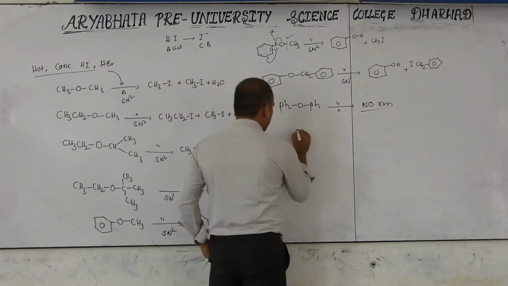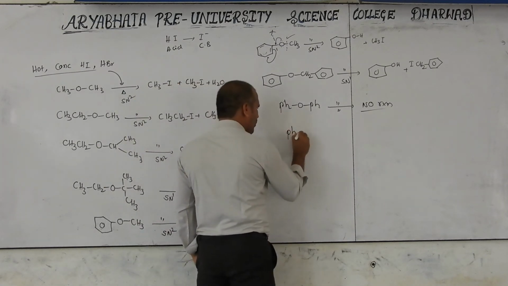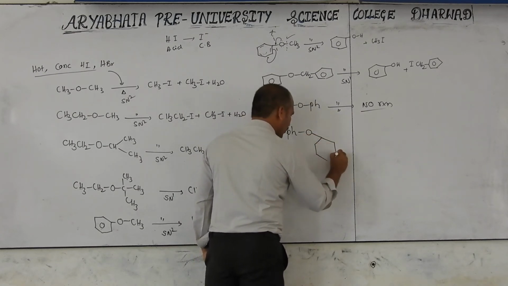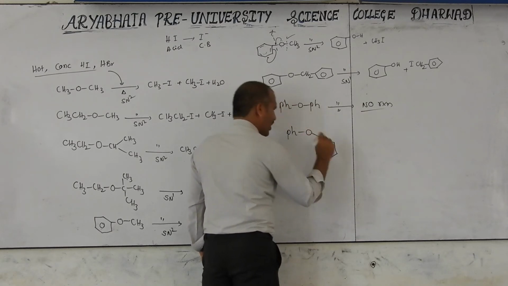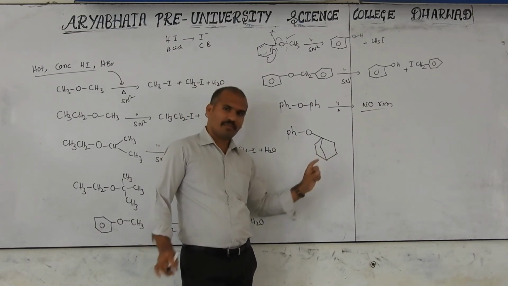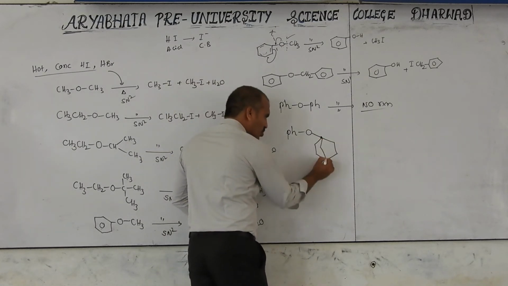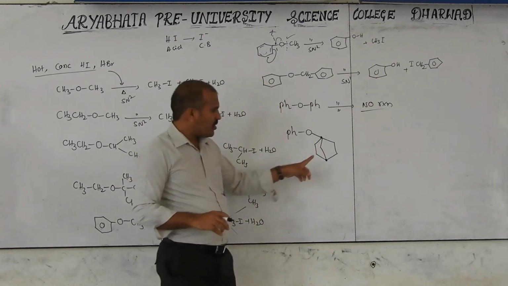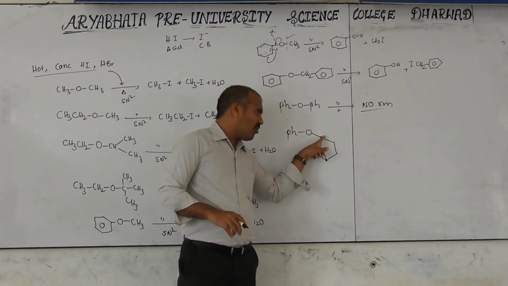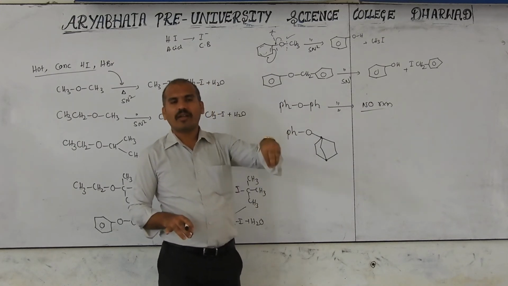One more example, because there are so many possibilities. So one more is phenyl, like this. This is used for a bicyclic compound. Two cyclic groups are like this, a bicyclo compound. In a bicyclo compound, these are bridgehead carbons. These two are bridgehead carbons. When these are bridgehead carbons and it is eliminated, the formed carbocation would be planar. But generally at a bridgehead carbon, planarity is not possible.